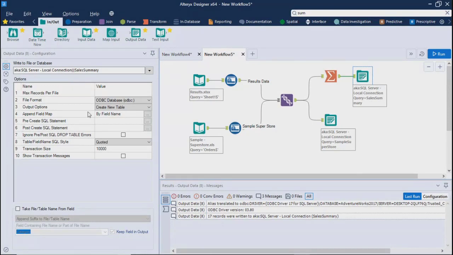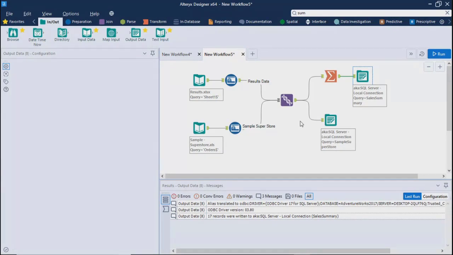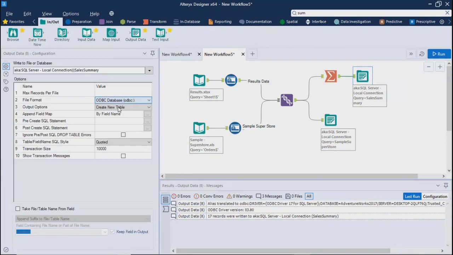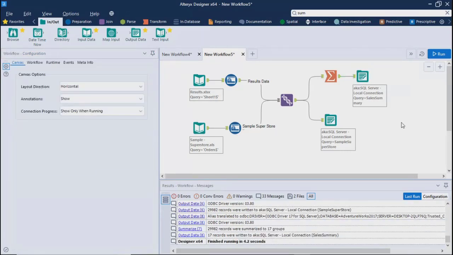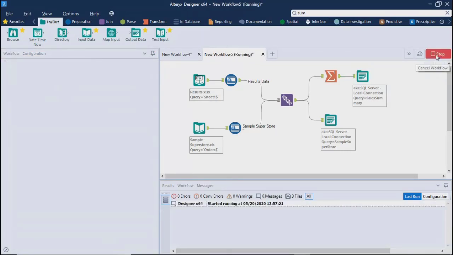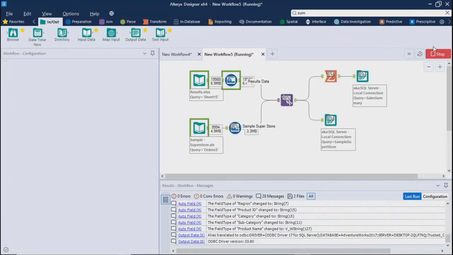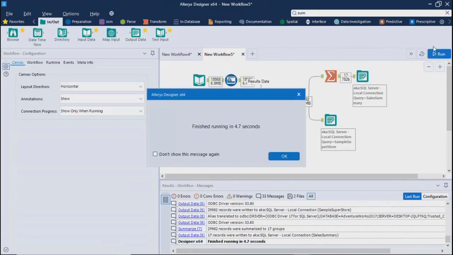But now I said create new, so now it will create that table in SQL, append the data, and then if you go back and run it once again, for example with append existing, now it will find that data and structure and everything, and then it can run successfully as many times as you run. Fine, it's clear.